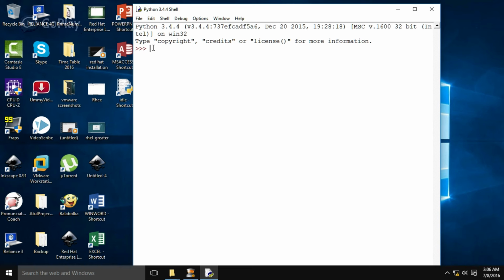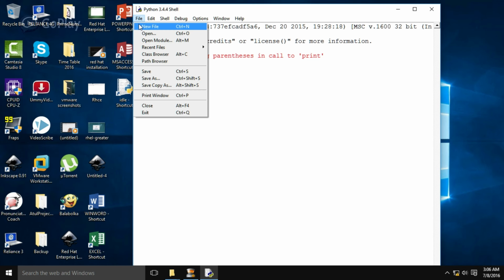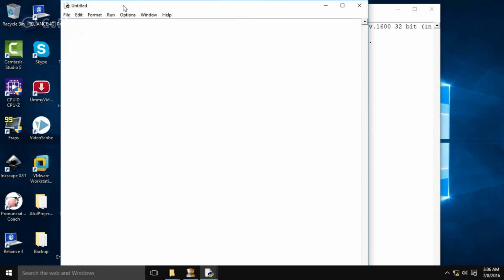Sorry, instead of command we can say a statement, an instruction, like Python's print function in this program. Print. Now this is giving me an error, so I will tell you why this error is occurring. First of all, you have to create a new file for running or creating a new program.